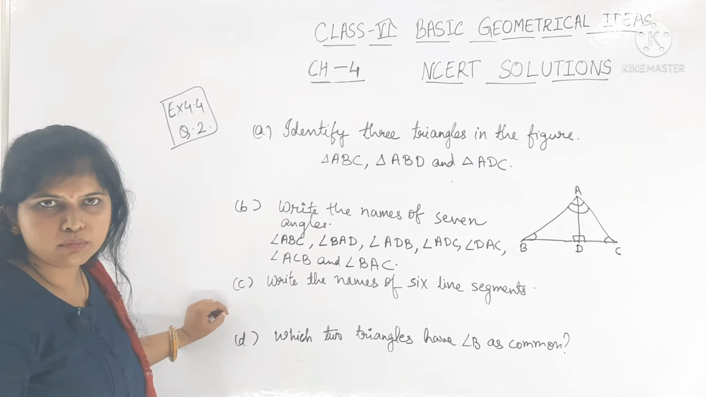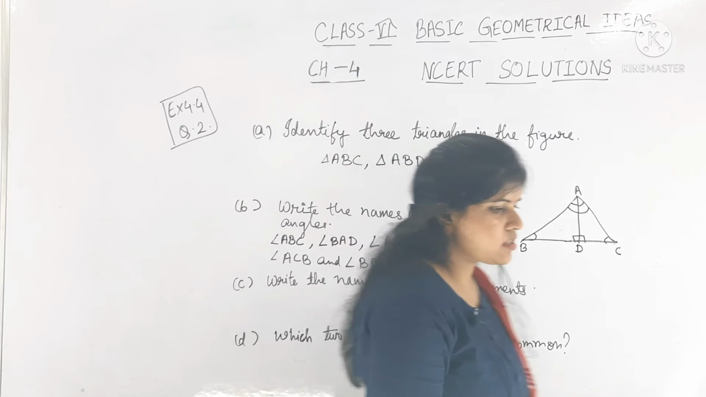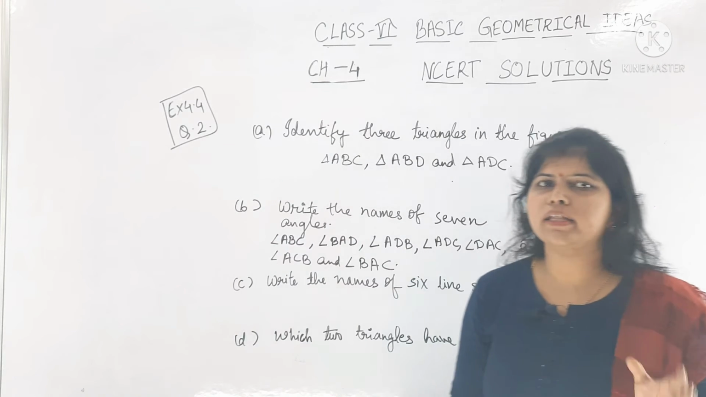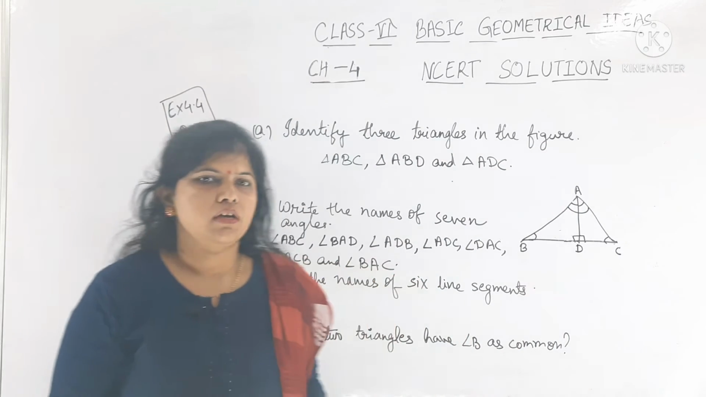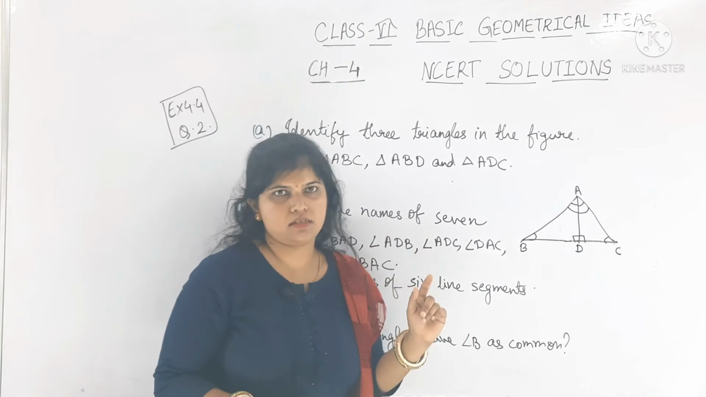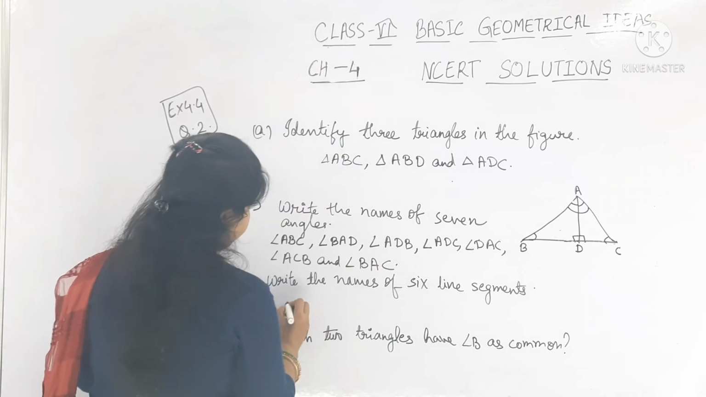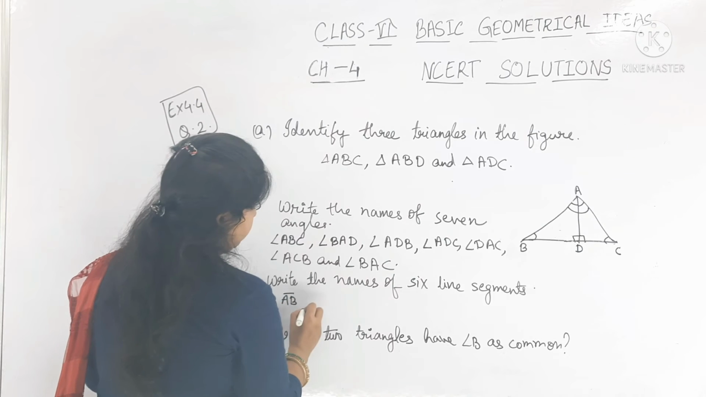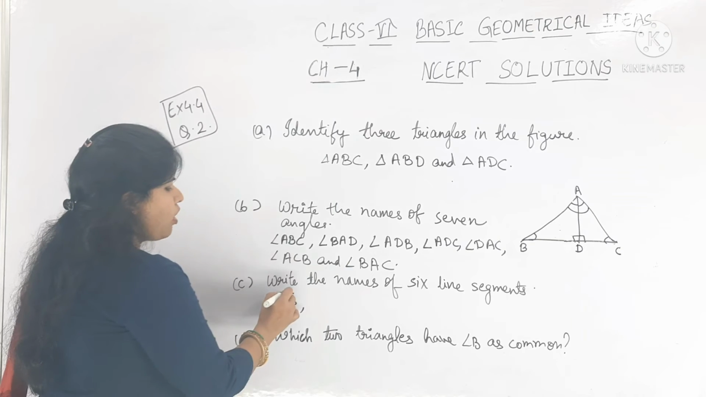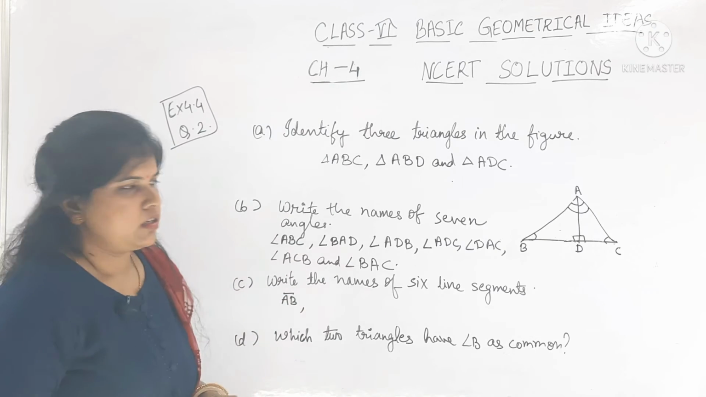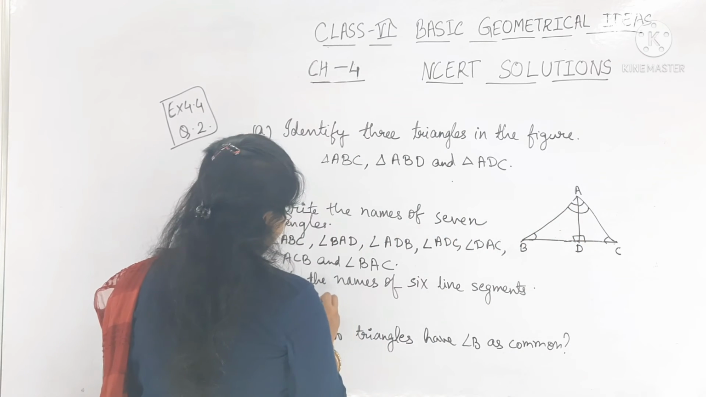Now come to the C part. Write the names of 6 line segments. Here, we know that polygons are made by line segments. So this is the polygon. Here line segment means sides. You have to count the sides. Here AB is one line segment, AB. You have to mark like this for the line segment, 2 dots with one line. AB, then BD,